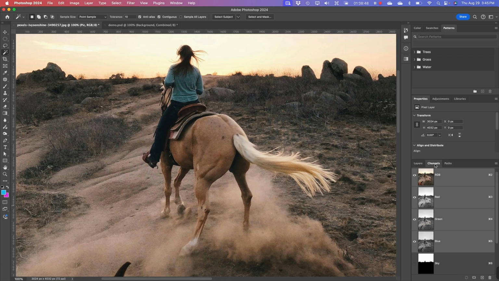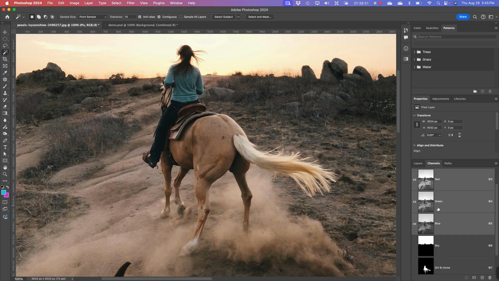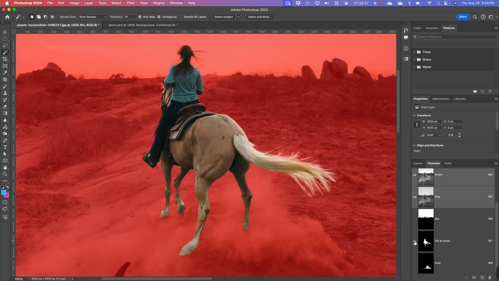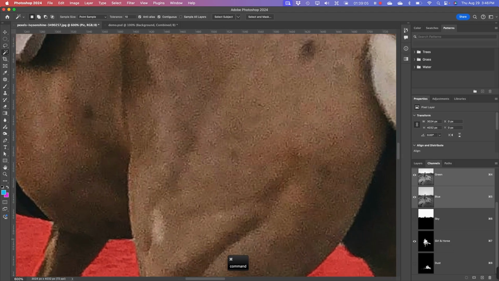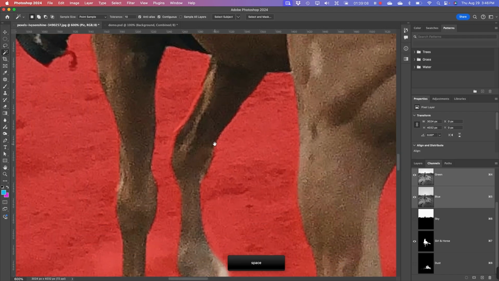Then if we come into our channels and turn on the eyeball next to our girl and horse layer so that it's red, like this. Zoom in on it, and yours might not be exactly the same as mine, but in mine you see that the mask is coming into the horse area, and I want to fix that kind of stuff. So I click on this, my girl and horse channel,